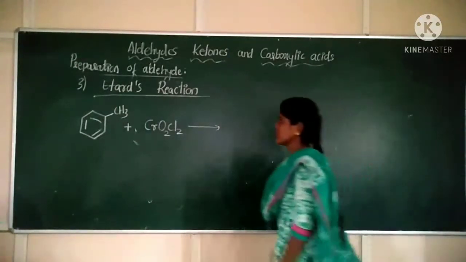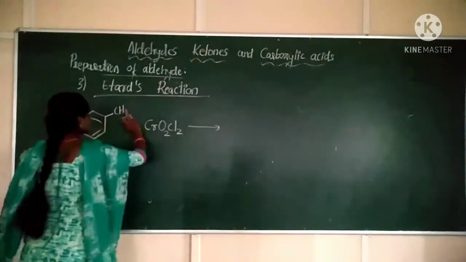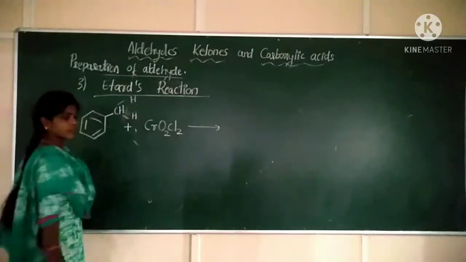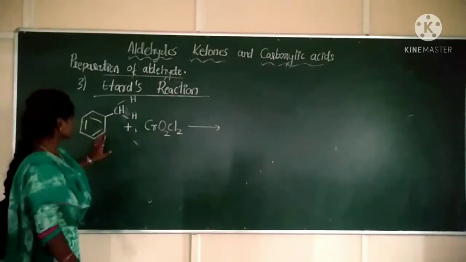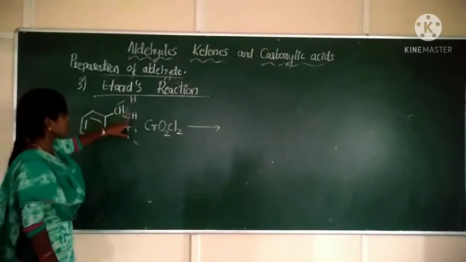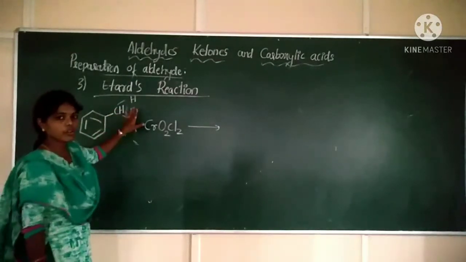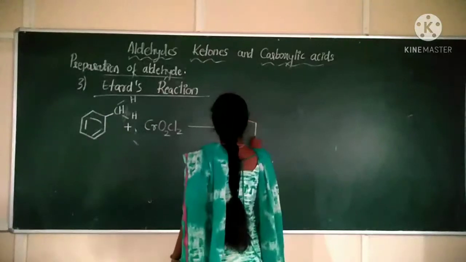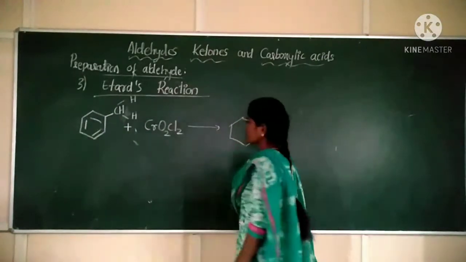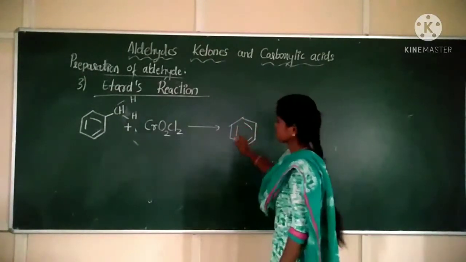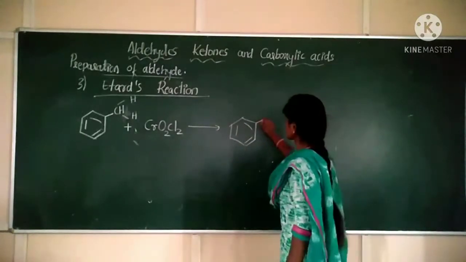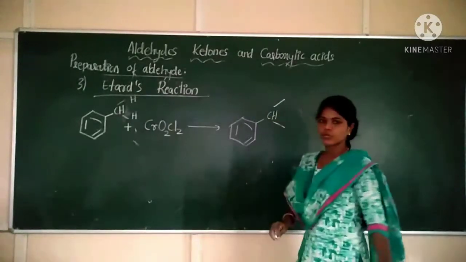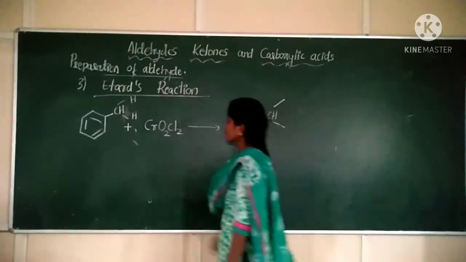Now, write the reaction. I can write this as CH, H, H, correct? Then also it is toluene only. CH, with two hydrogens written separately by the bond line. Next. Now what will be the intermediate, what will be the complex? Benzene as it is. Next, CH as it is. Now we will have the chromium complex here. Now how to write the product?